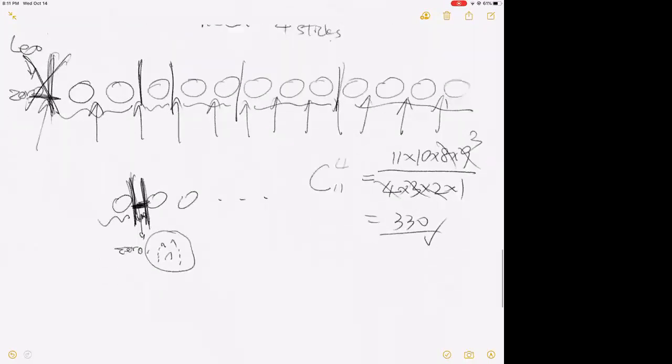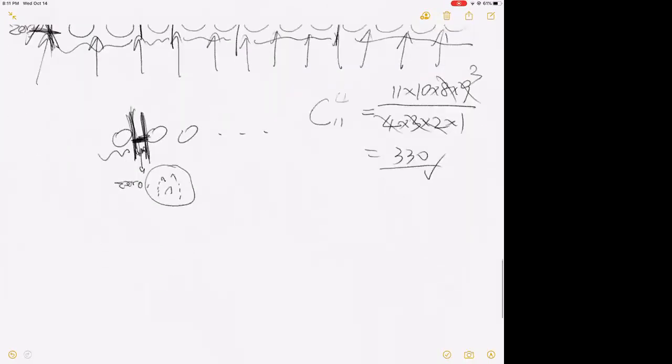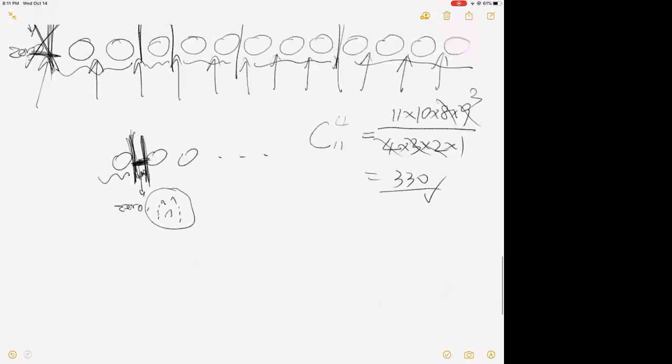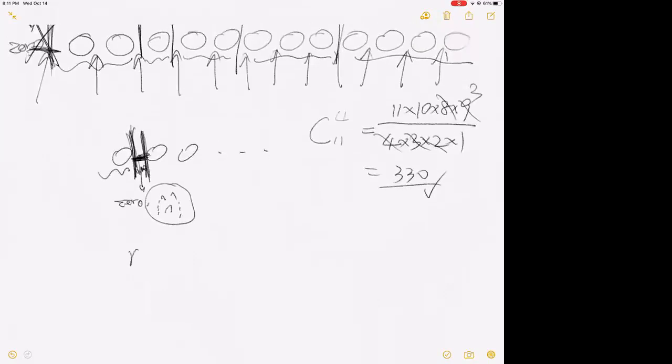Suppose there are N mooncakes and S sticks, and suppose it says that you can't give 0 mooncakes to any person. So with the same thing in mind,